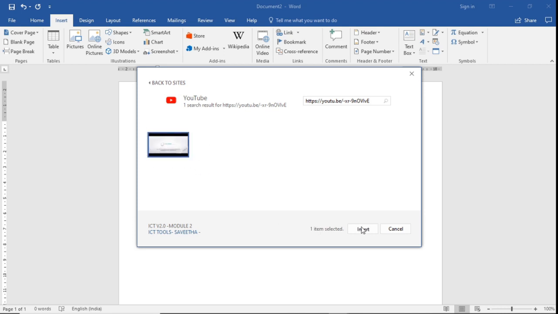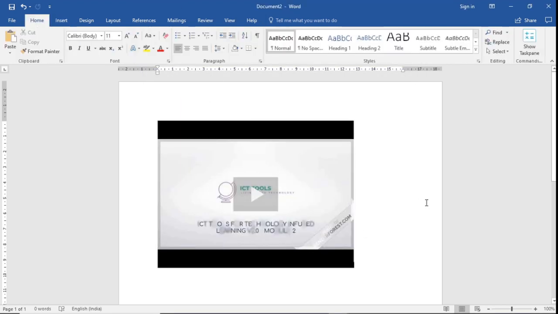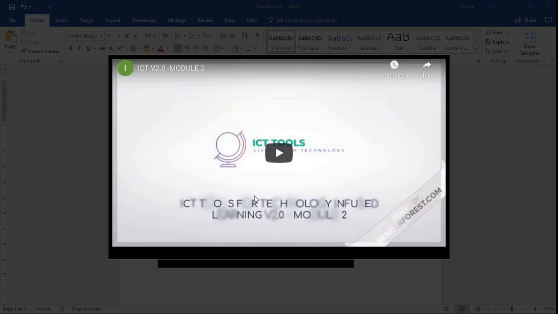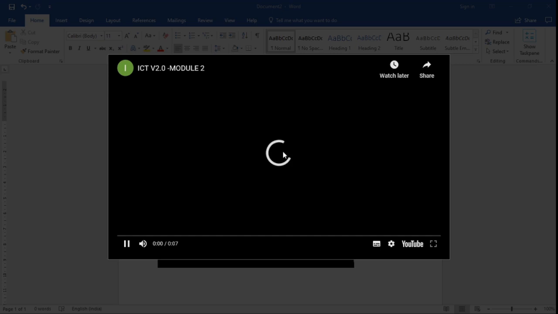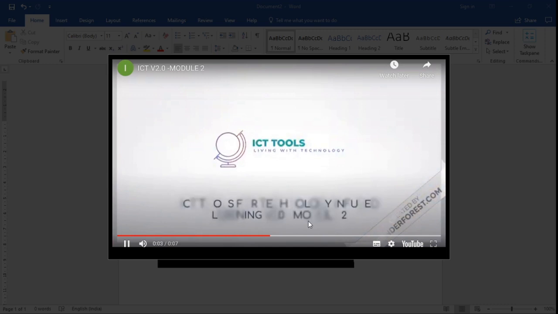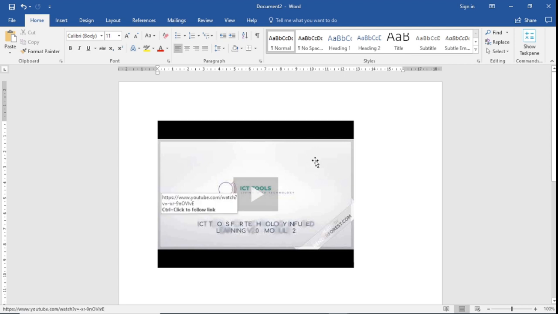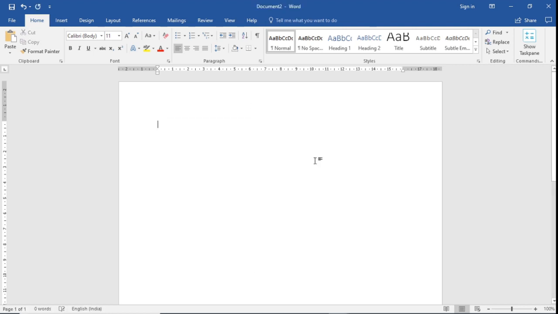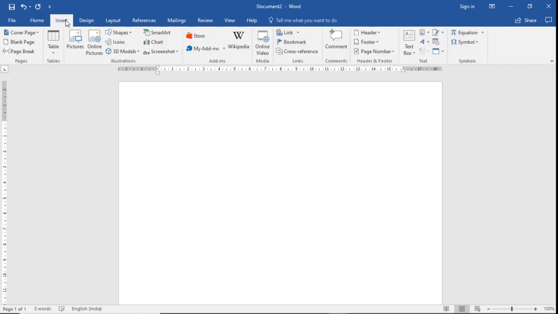So I click on this and click insert, and you can see that the video has been inserted in your Microsoft Word. And when you click on play, we can see that a new window opens, and you click on play and the video gets played in your Microsoft Word itself. So it is not required to just copy paste links and move on to the link. So we can insert the videos in Microsoft Word itself without using any external resources. So let me delete this also for now. So these are the various functionalities that we have inbuilt that I wanted to tell you all.